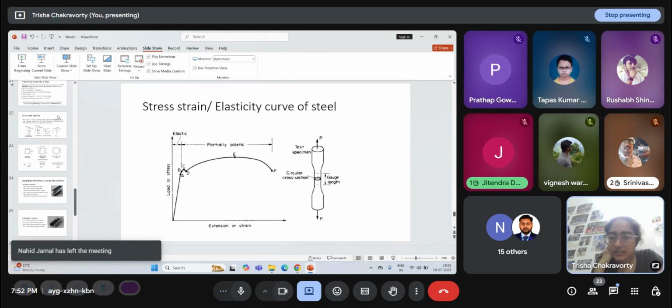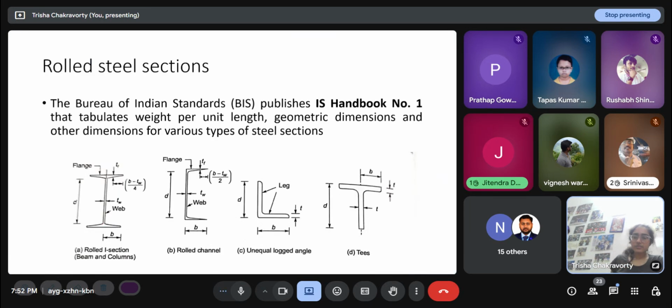Okay, then I'll continue with the sections part. The thing about steel is that in the industry or in any factory, steel comes in shapes; this is a section, a cross section. The cross section is I, and it can have any length that we want. The length is variable, but in the factory there are only certain sections like the I-shape section, with certain dimensions which the factory makes. Generally, we can't expect whatever dimension we want. So the SP 6(1) handbook standardizes the kinds of sections that we can have.